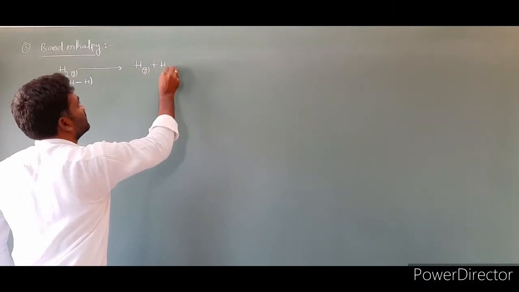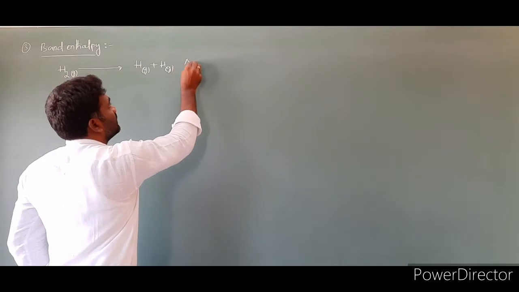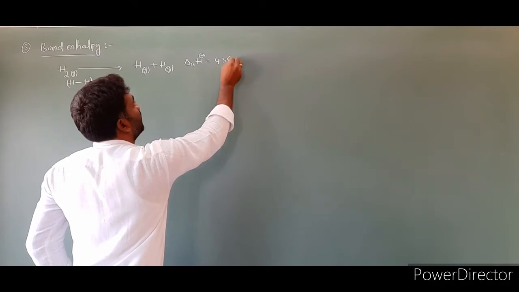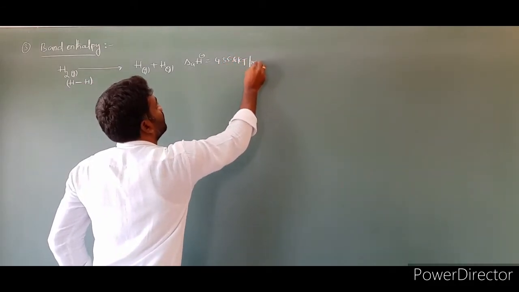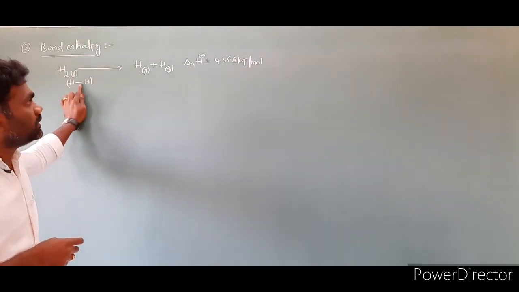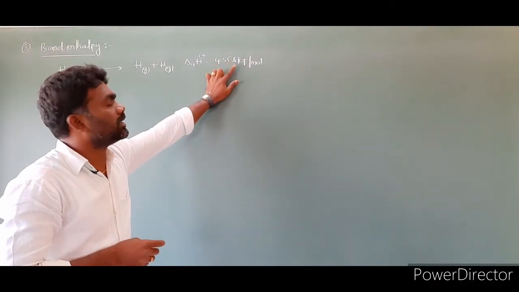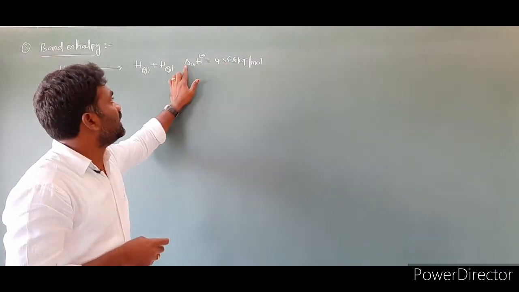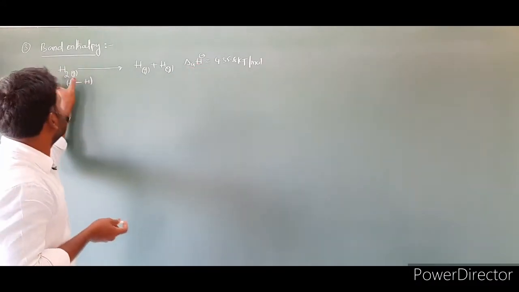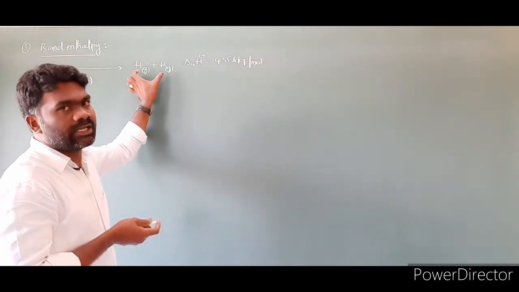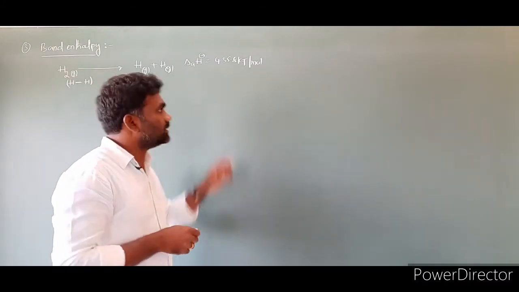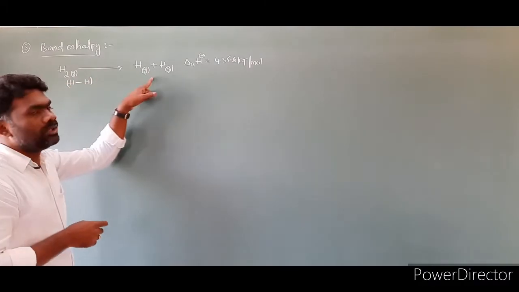So hydrogen and this is another hydrogen. The amount of energy in this case is equal to 435.8 kilojoule per mole. So to break 1 mole of bonds between the hydrogen atoms, the amount of energy required is 435.8 kilojoule per mole. Here I am labeling it as ΔaH, the standard enthalpy of atomization. H2 is a molecule, and the molecule is converting into atoms. So the amount of energy required in this case we take as enthalpy of atomization. Atomization means a molecule converting into atoms.